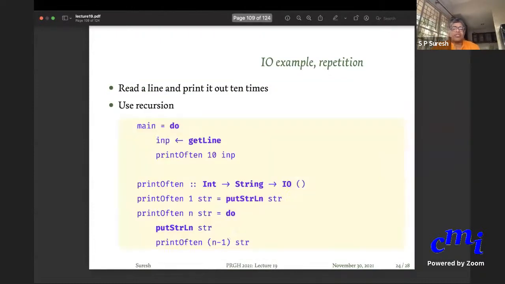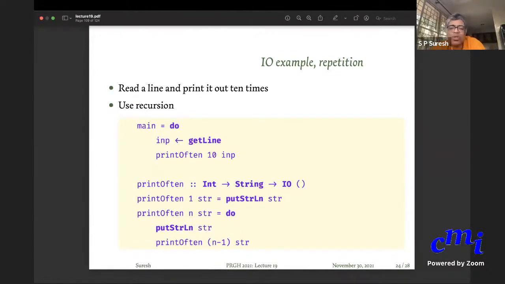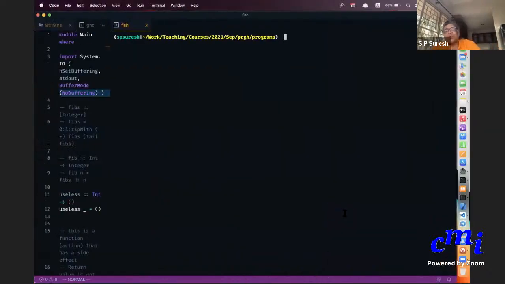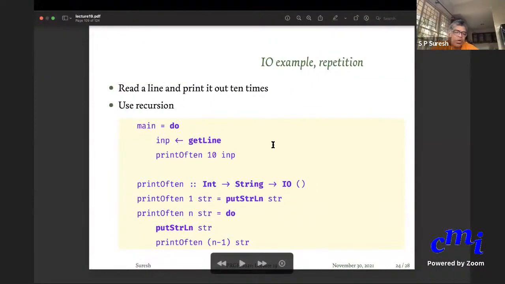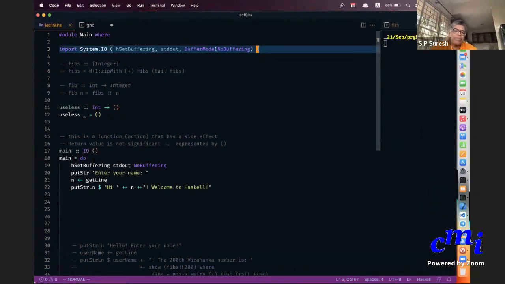Right. So this is interesting. So now I can do one thing, two things, three things, etc. But suppose I want to do something 10 times. What do I want to do 10 times? I want to print something. I want to get an input and I want to print it 10 times. Okay.